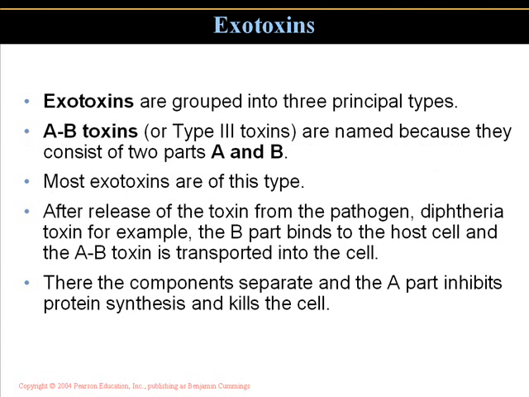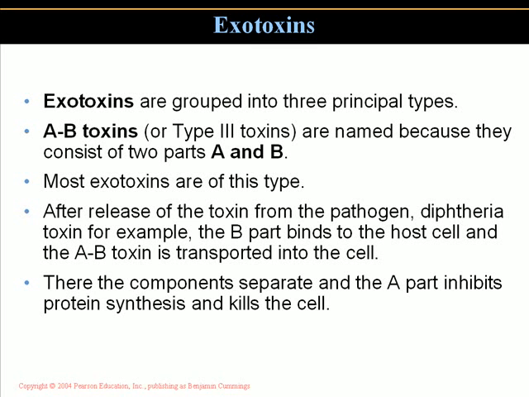Exotoxins are grouped into three principal types. AB toxins, type 3 toxins, are named because they consist of two parts, an A part and a B part. They kept it simple. Most exotoxins are of this type. After the release of the toxin from the pathogen, diphtheria toxin is a good example of that. Part B will bind to the host cell, and the AB toxin is then transported into the cell,